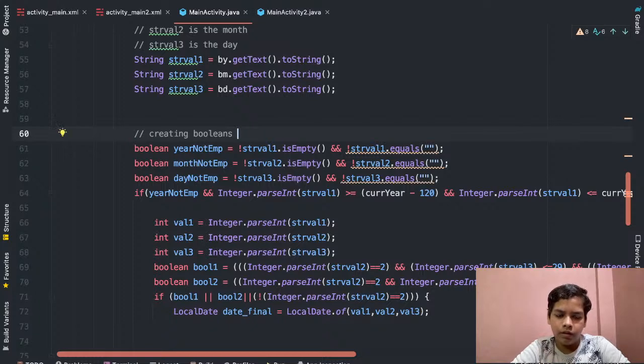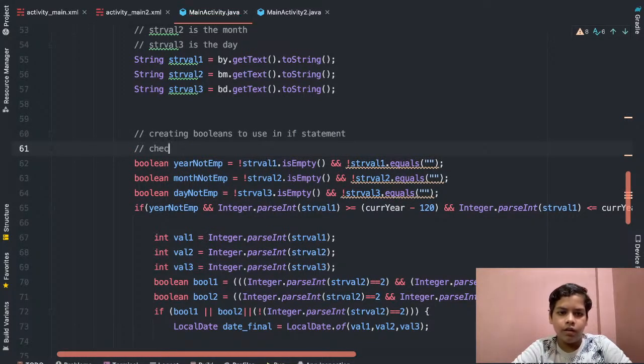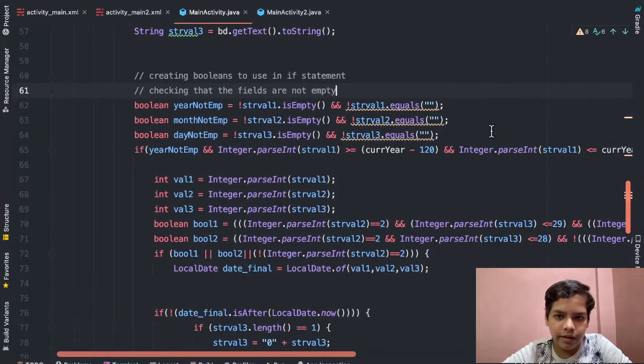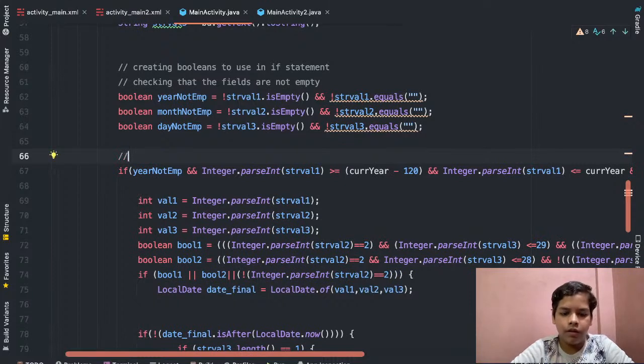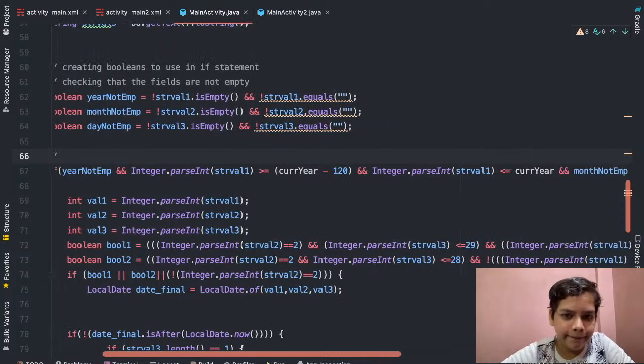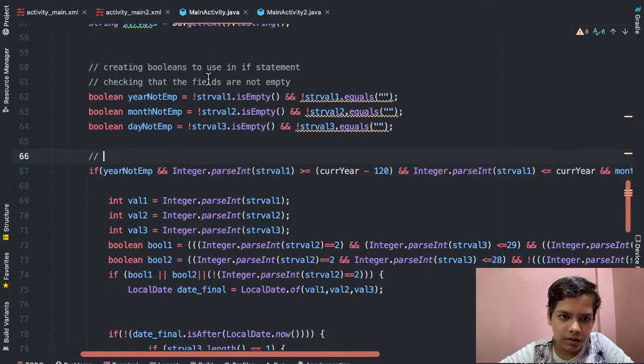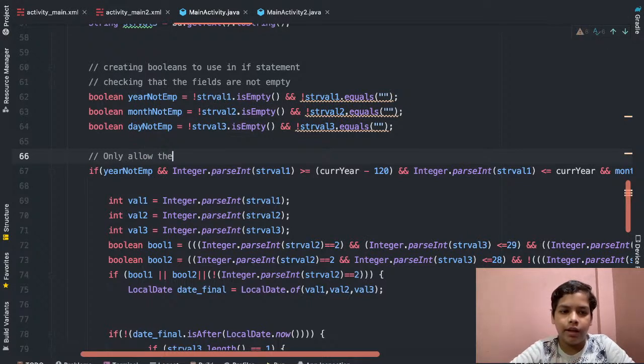Creating booleans to use in if statement, checking that the fields are not empty. Okay, and here what we're trying to do is checking that basically, this is only allowing the calculation, like don't allow the user to enter an empty field